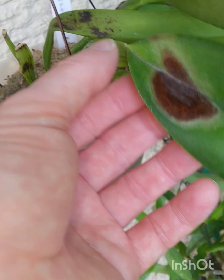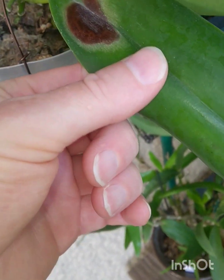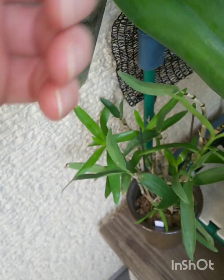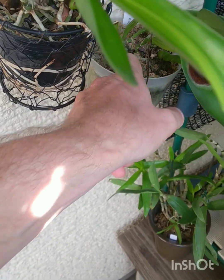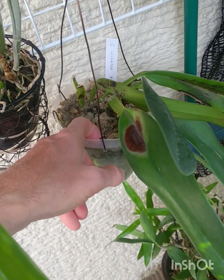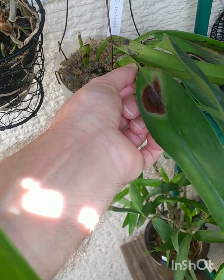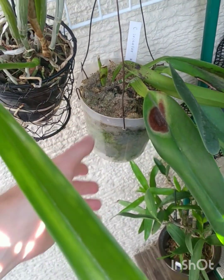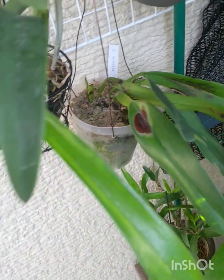Cattleya aurea has been doing really well for me. It did put up with the high temperatures. It's got very, very thick, hard leaves, and it's growing in sphagnum. I noticed, maybe it's just me and my imagination, that it liked the sphagnum and liked to be a little moist, but not too wet. At the moment it is just barely moist,